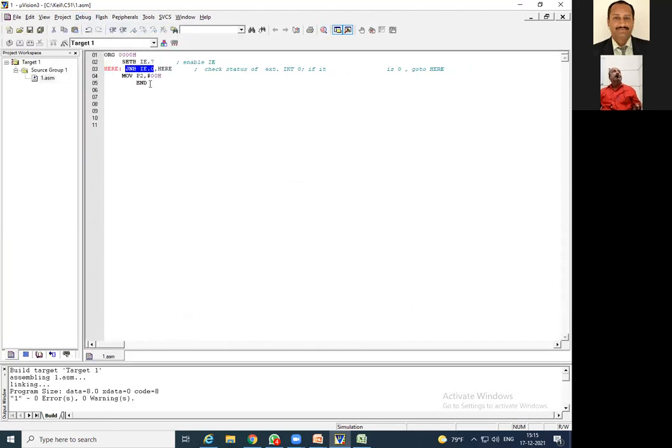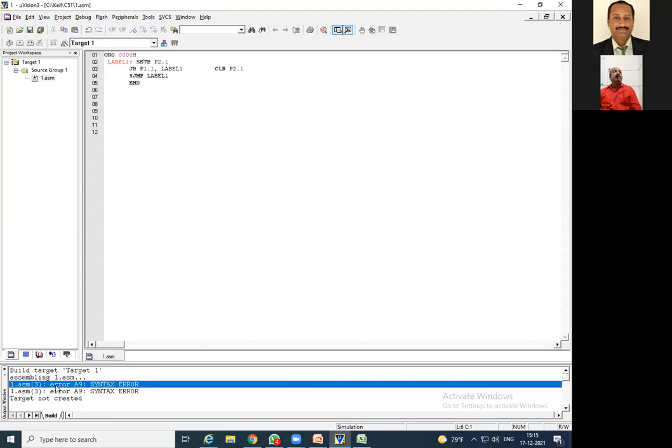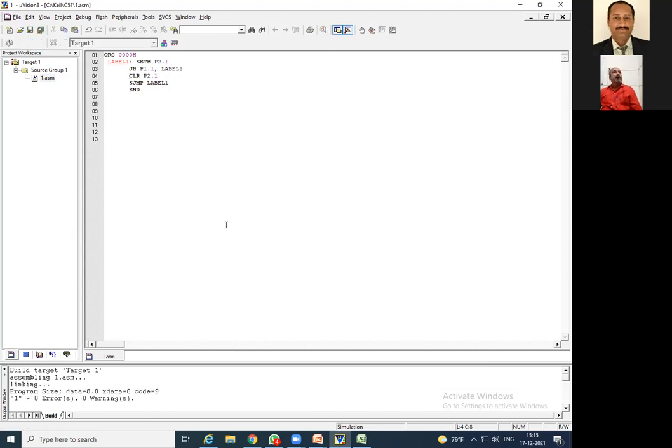So I will stop this debugging and paste this particular code. Again save and debug. It is giving a syntax error at line number 3. What is this error? It has been observed that two instructions are written in the same line, which is not allowed. So I will just make it below. Once again save and check. Yes, the error went. So these are the small precautions we are supposed to take while writing the program. Okay, now no errors are there.